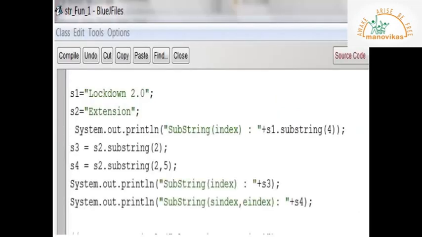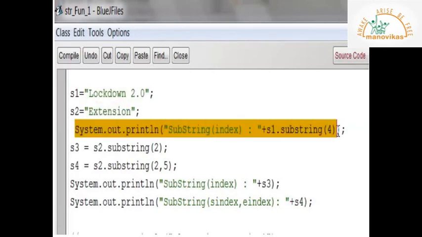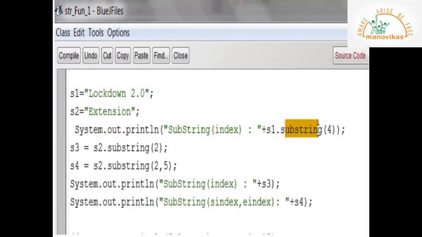Look at this example. The first string is lockdown 2.0. The second string is extension. My first output statement is to display the substring of the first string, that is lockdown 2.0, starting from the 4th index. So let's see, 0, 1, 2, 3 and 4. So this is the 4th index.